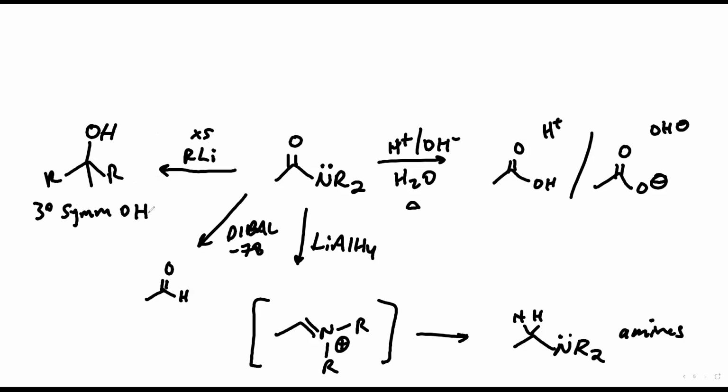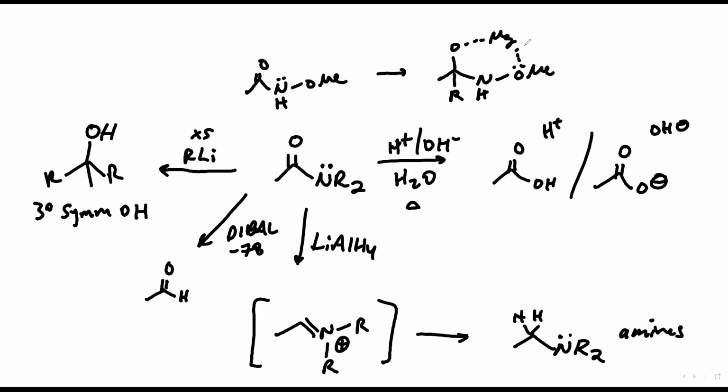So actually, one of the solutions that I thought you guys were going to learn is through the amide. The reason for that is if I use a particular type of amide, I'll only rant for a little bit. If you use something like this amide here, this is called a Weinreb amide. What ends up happening is that if you do the Grignard addition, and you saw this with the DIBAL mechanism too, it turns out if I have an amide that has some kind of atom on it with a lone pair, the lone pairs on that atom and the carbonyl oxygen can complex with, or what we call chelate,